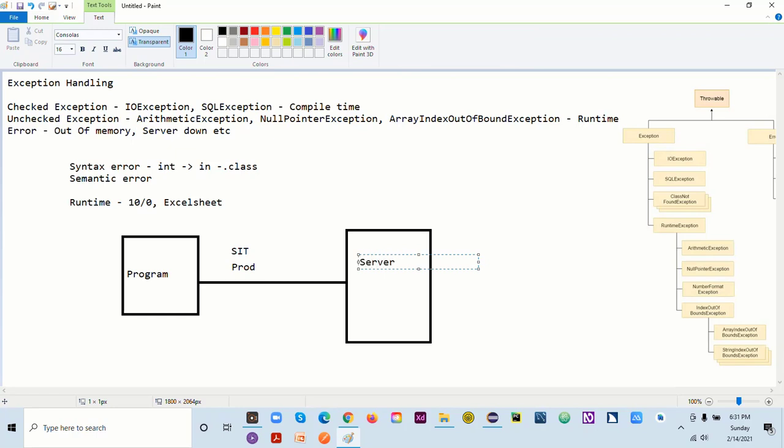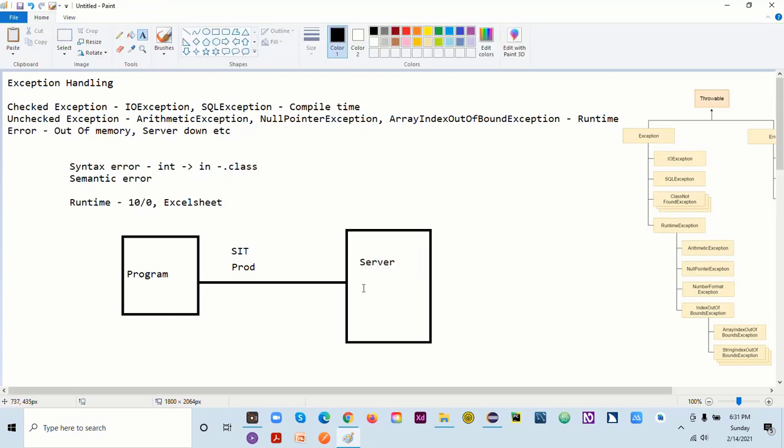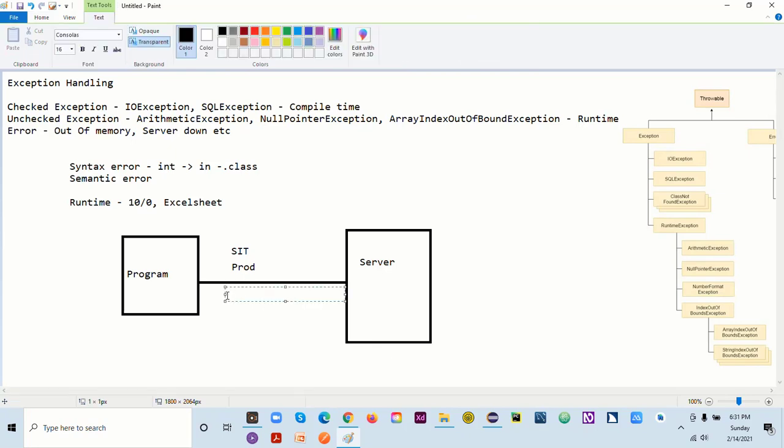It was working fine when you were testing in SIT. So here, this is the exception in the server. This is my exception. So how can we resolve this?